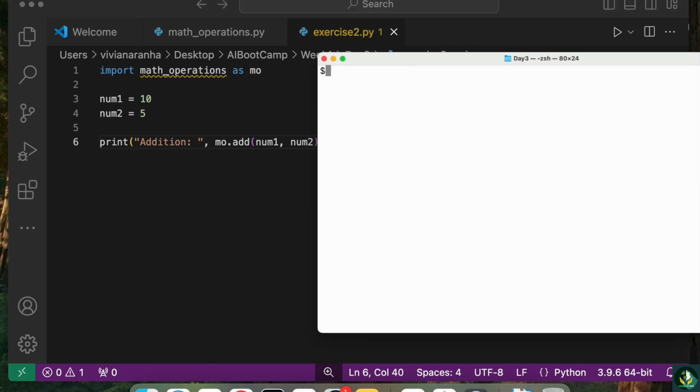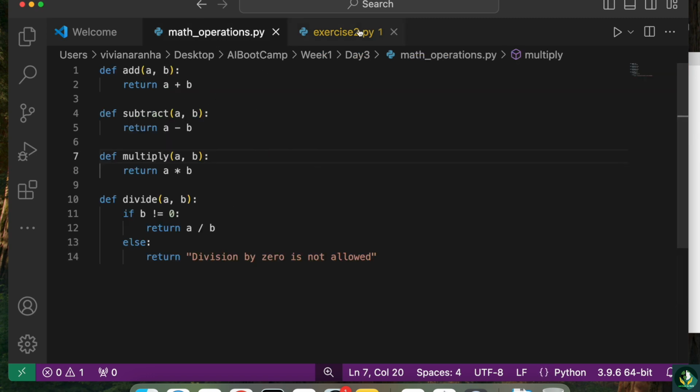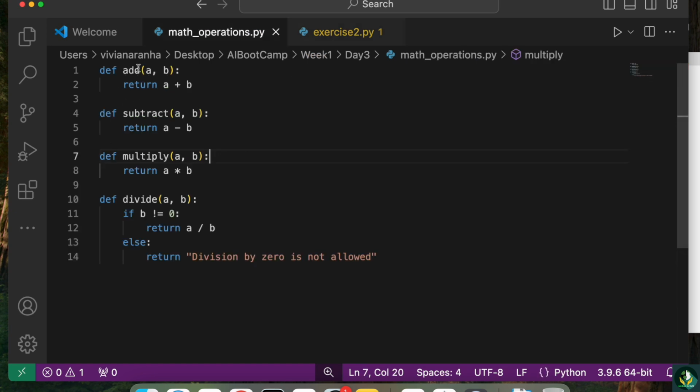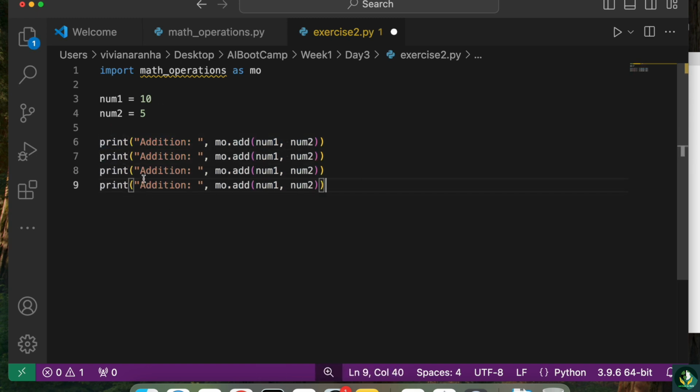Clear this out. Let's say python exercise 2.py, and it says addition is 15. So what it did was, since it's in the same file, it picked up the same folder, it picked up this file and imported it as mo, and then when I added these numbers, it called this function to add and then ran it here. So similarly, now I can add the other four, which is